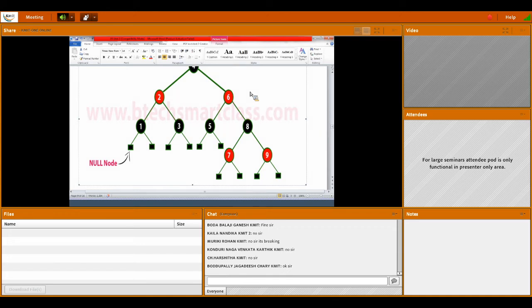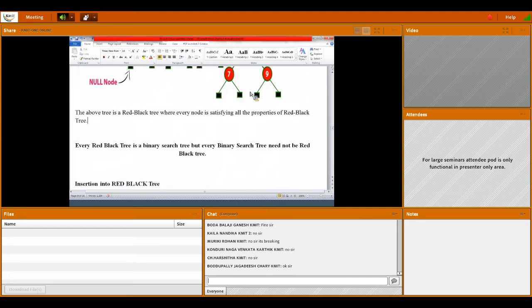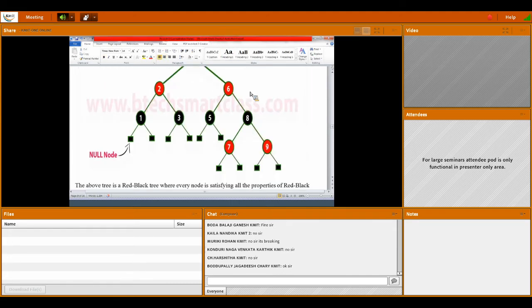Please understand that you may get a doubt that there are thousands of data, so it is very difficult to do recoloring or rotation or checking all these things. Again, you have to spend some more algorithm for this. So no need for that. Part of the subtree also can be done, and if it satisfies, so for example, if you see the subtree 2, 1, 3, here 2 is red color, 1 and 3 are black, and after 1 a red color will come.